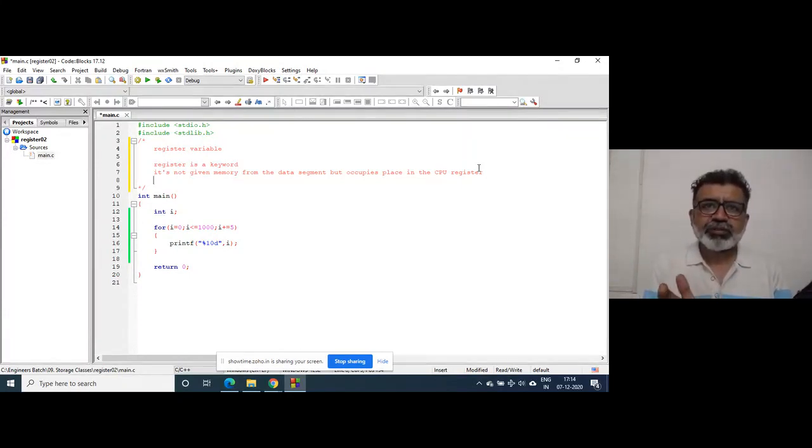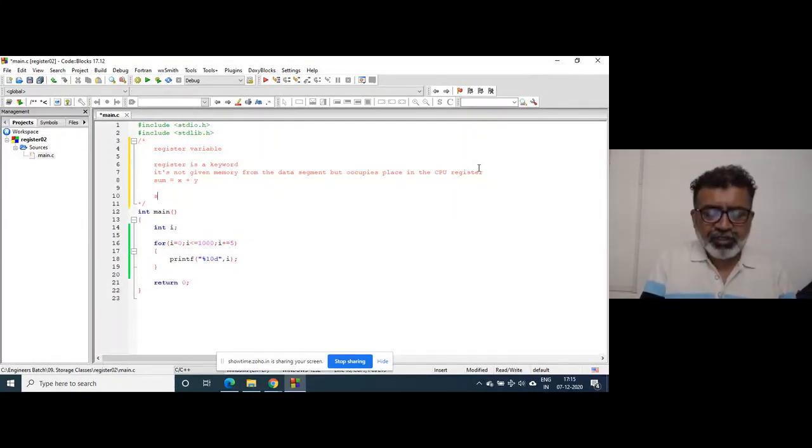You are computer engineers and electronics engineers. They know the CPU has got registers. I don't know whether you have that separate subject or not, but you might be having. So the CPU has got some 15, 20, 25, 30 registers, because when some value is fetched from the memory, like suppose sum is equal to x plus y, how is this statement executed? The value of sum is fetched from the memory.